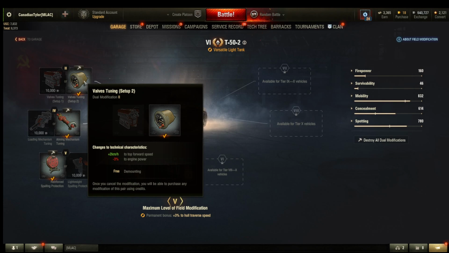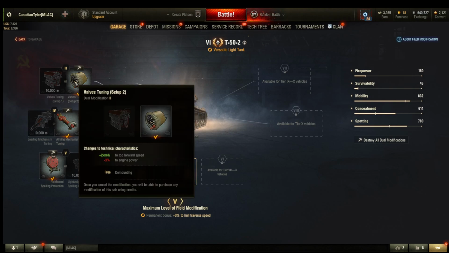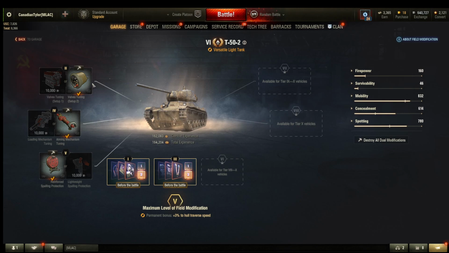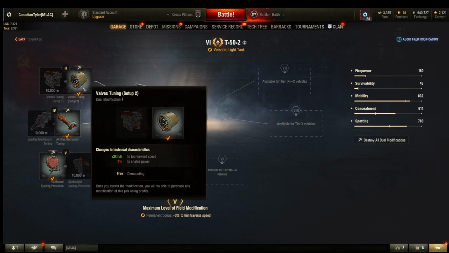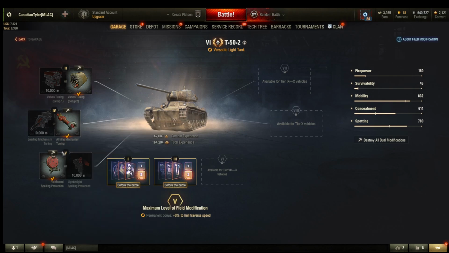I have here +2 kilometers to forward top speed, which I would recommend on this tank, especially if you can get the engine power up a different way. I would recommend going with valves turning setup 2. I have -3% to aiming circle size and +3% to reload time, which actually I think